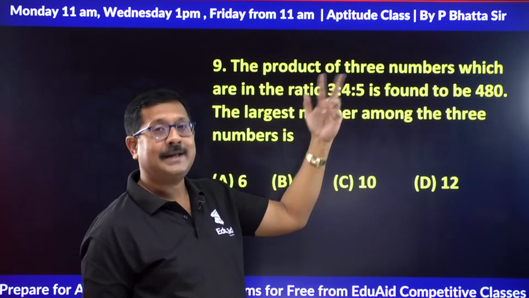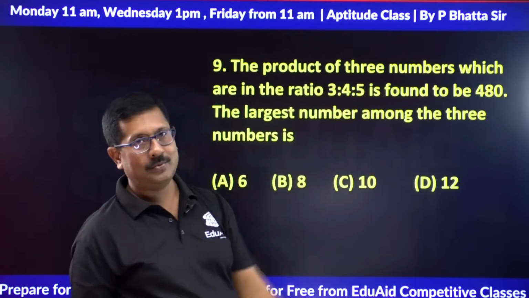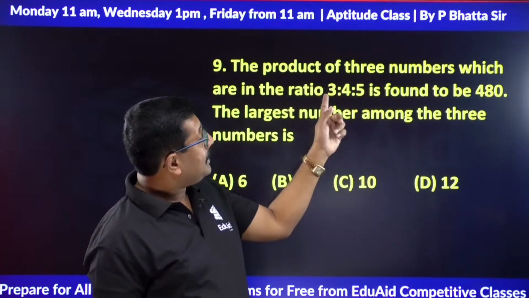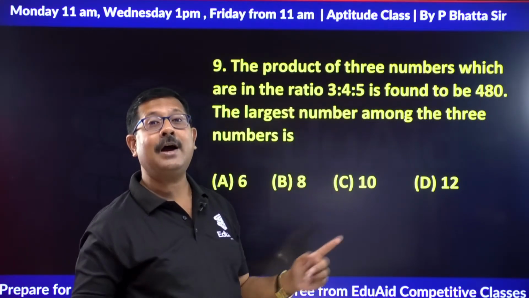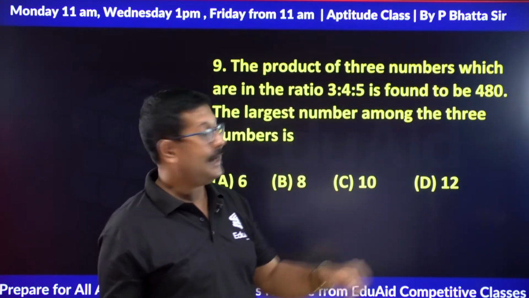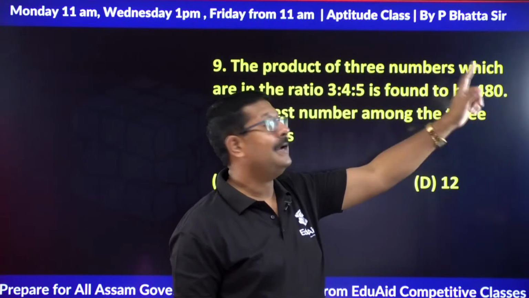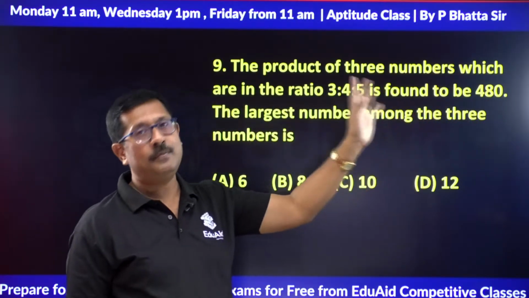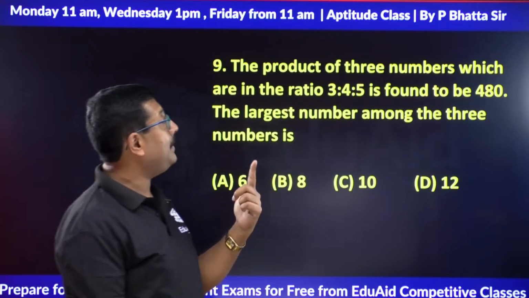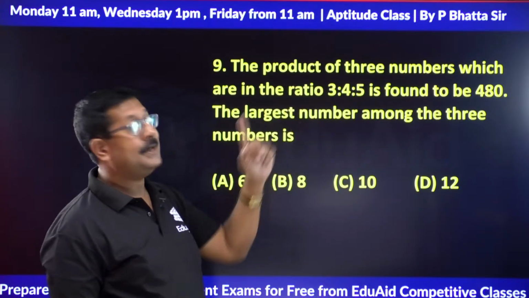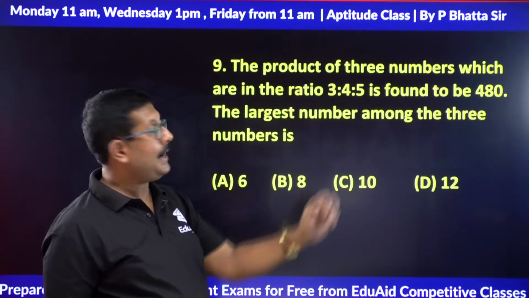So how will we do it: 3 × 4 is 12, 5 is 60. So we divide 480 by 60. 60 how many is 480? 8 is 480, so we got the result 8. Then I take the cube root of 8. Cube root of 8 is 2, that means one part of the number is 2, so 3 parts will be 6, 4 parts will be 8, 5 parts is